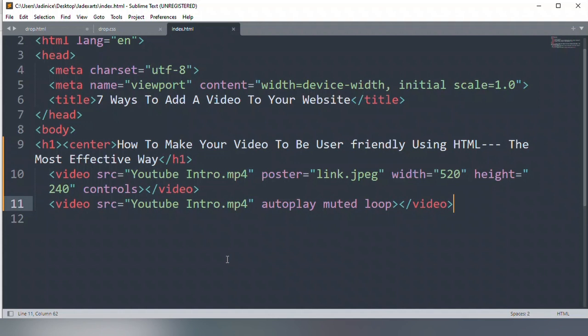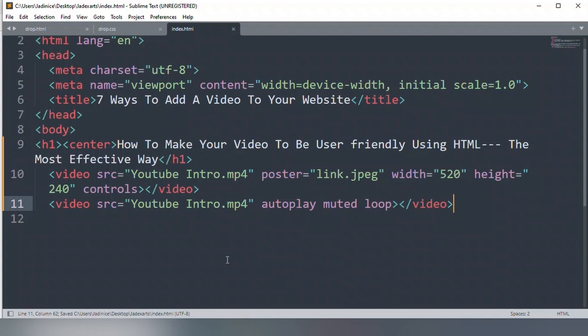As for the muted, generally browsers don't like a video that is unmuted, as in that you hear the sound, so it might mute it for you, or it might say the page has an error or something like that. So to avoid any of those circumstances, you add the muted attribute. And loop is for the video to keep on playing and playing to infinity.